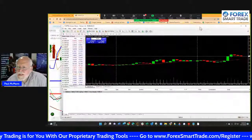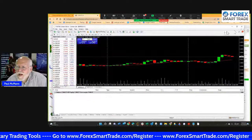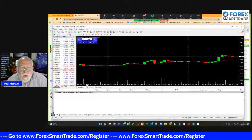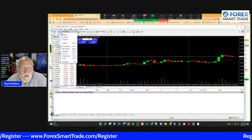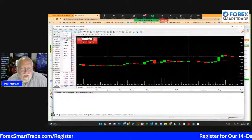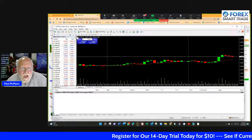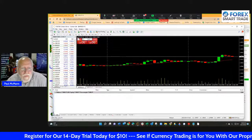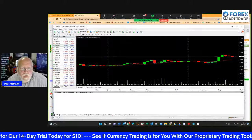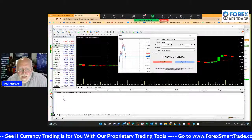pull this here. On Euro USD, if you weren't on Euro USD, you go to File, New Chart, and it should be in the first group here. I am going to go to the New Order window, which is on the second row, New Order. This is a demo account. It has got